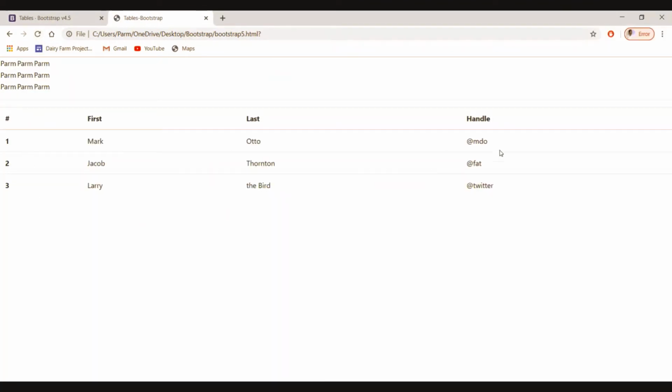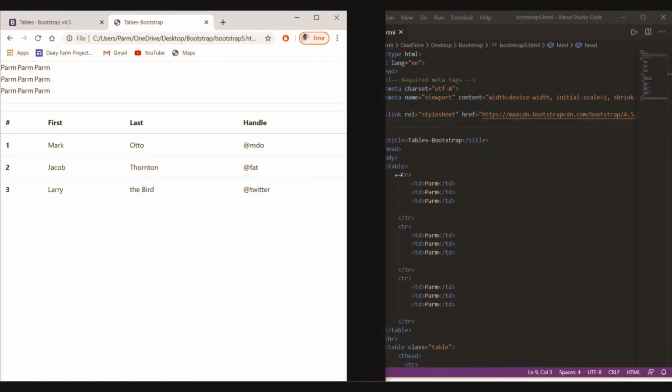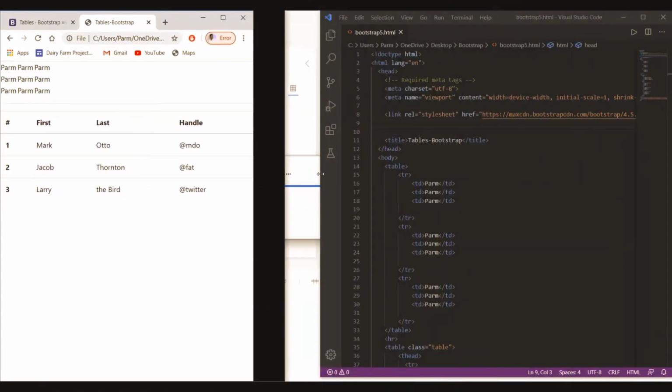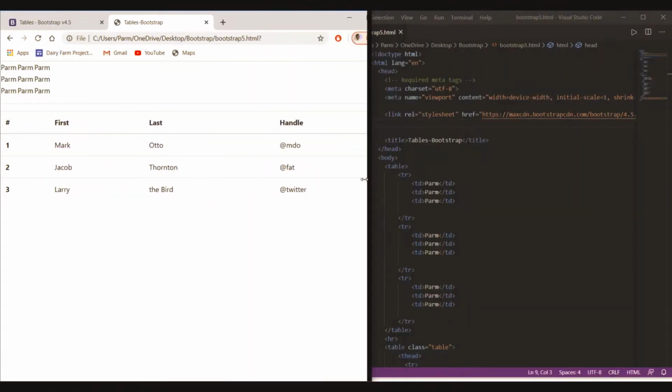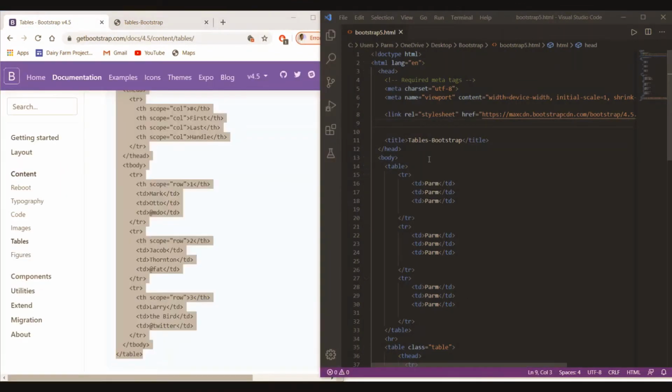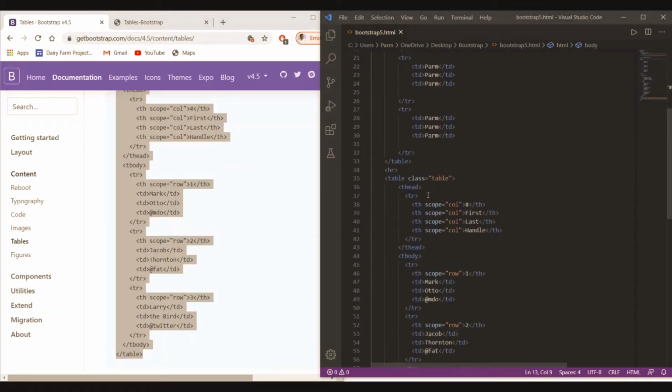Look, such a beautiful table that we have created without making so many efforts, like this way. Okay, and look at this. This table looks so beautiful. So what has been done over there? Here if you see table, then we have used the class table over here, then we have used table head, then table row.